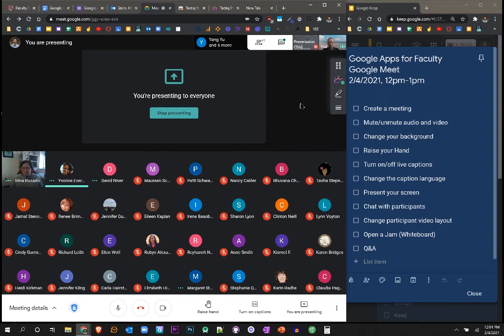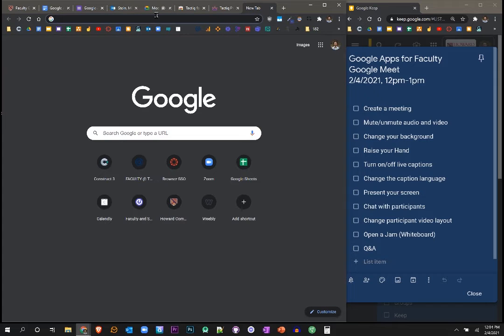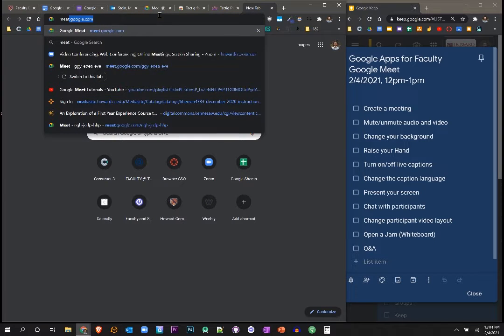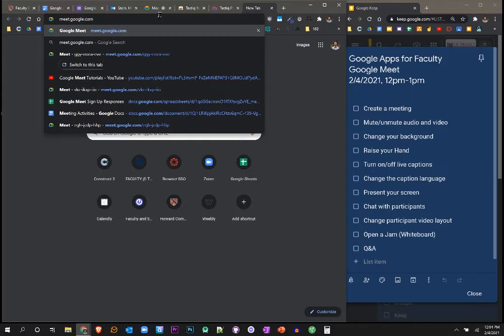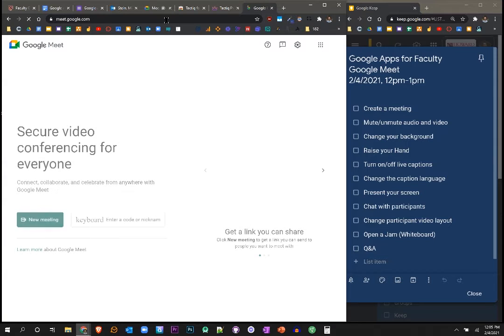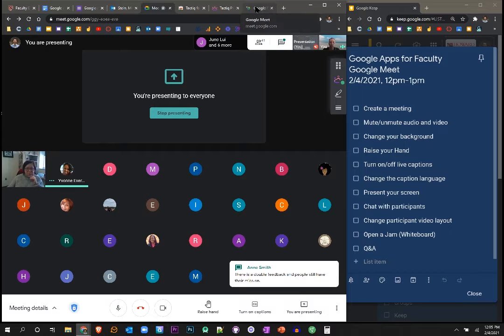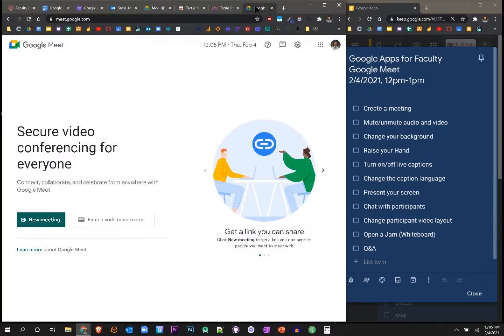So the way that you get to Google Meet in the first place is by going to meet.google.com. So let's go ahead and do that. You can go there if you want to do that. You can actually join multiple Google Meet meetings at the same time, as long as you don't get lost on the way. So as long as you remember that we're over here in this tab up here that says Google Meet. But anyway, if you go to meet.google.com, you will be able to set up a new meeting here,